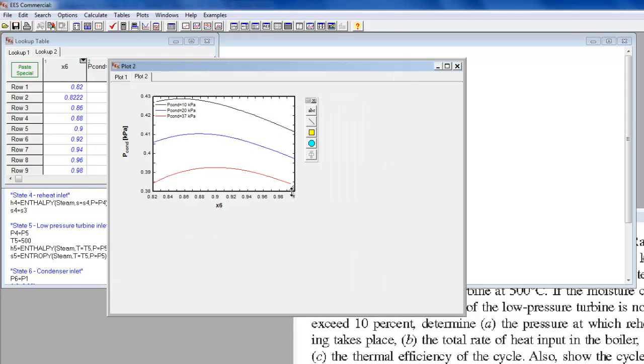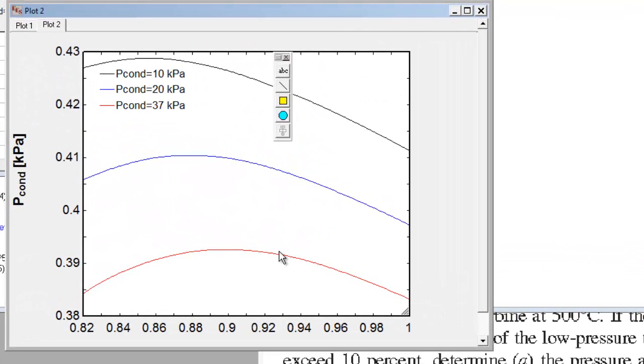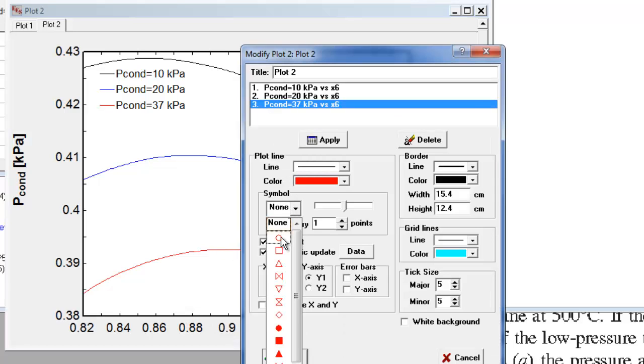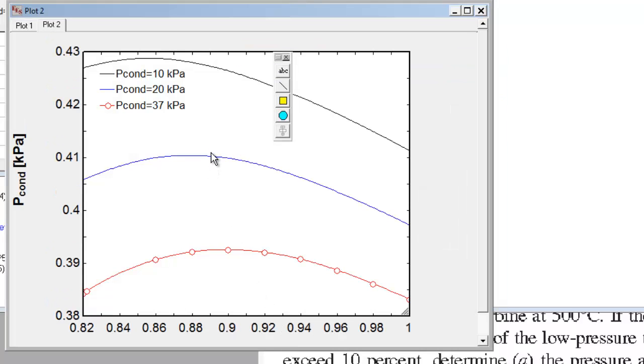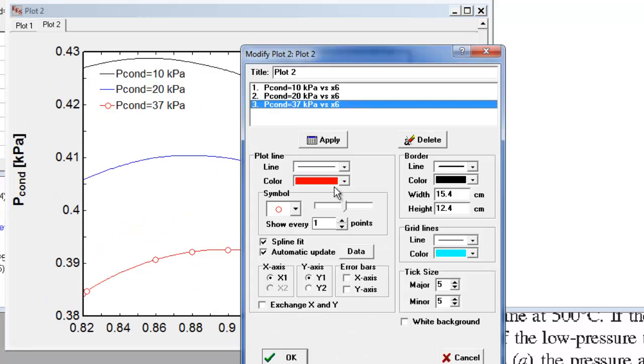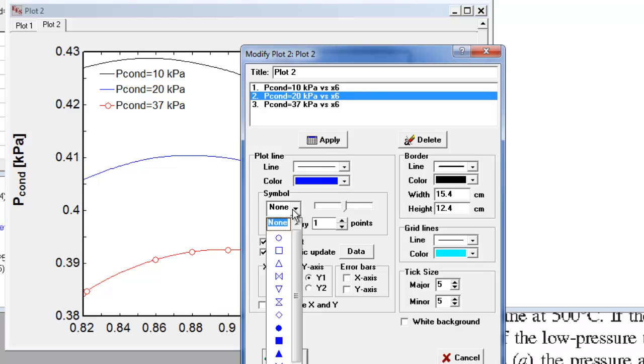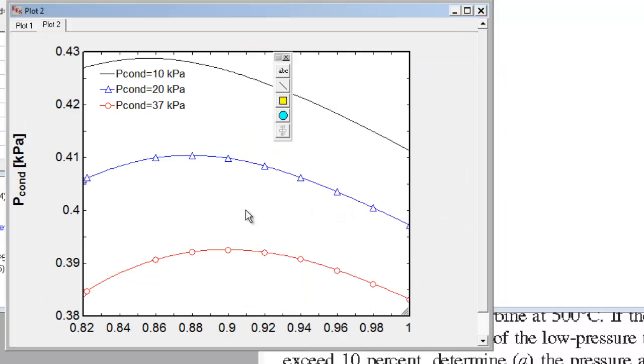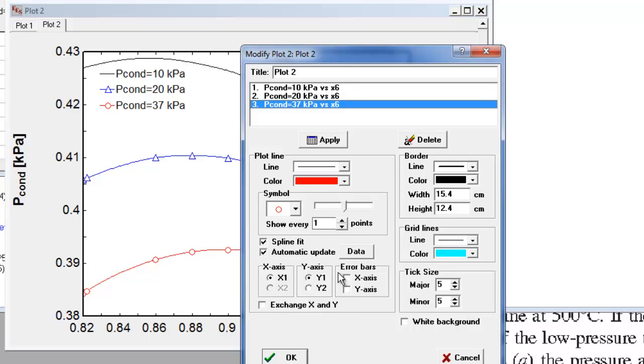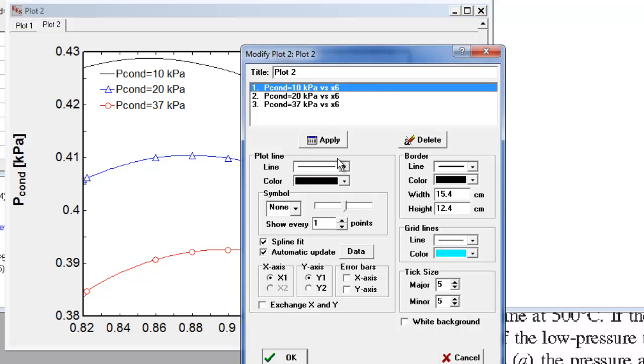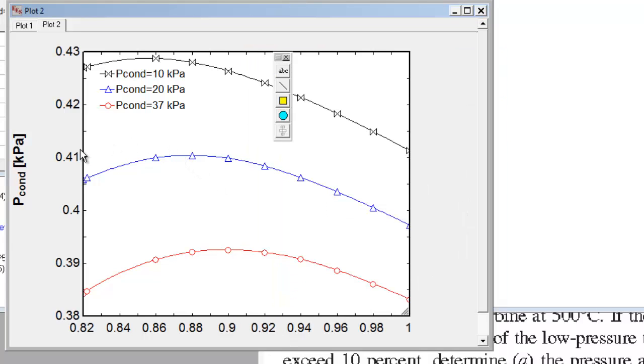So we can see now that I'm going to add some symbols just to make sure that we can identify. This is a triangle. And we're going to add them. Sorry about that. So I'm going to change this